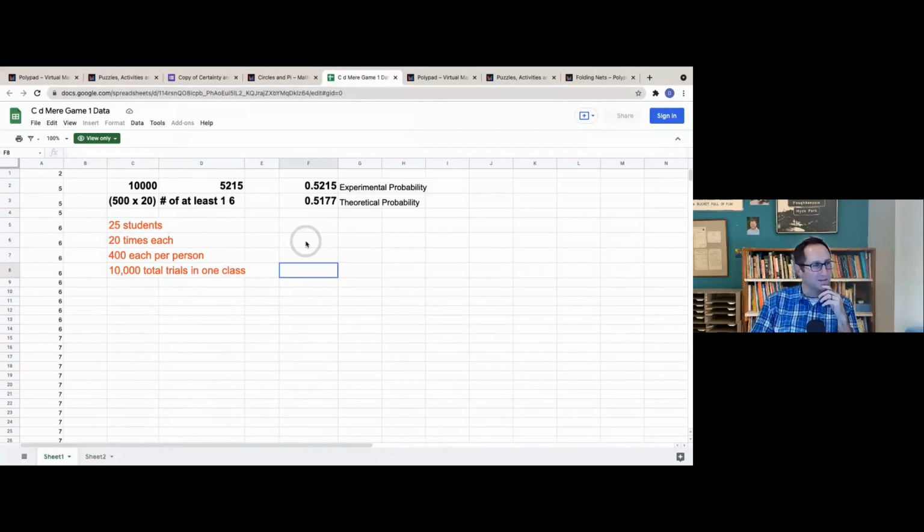I don't have time tonight to go into how we developed the theoretical probability of this, since it's a pretty intense calculation for a 7th grade student. But the power of this was that when we calculated the theoretical probability, it was 0.5177, and compared it to the experimental probability, they believed the theoretical probability. Over 10,000 trials that happened really quick, they saw it matched up really close with the experimental probability, which I think was really powerful for kids.